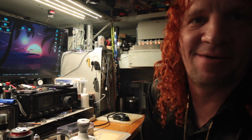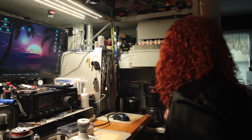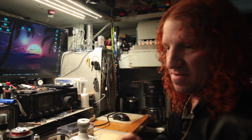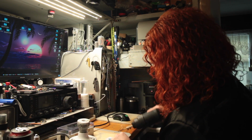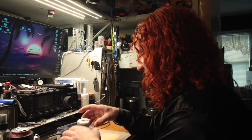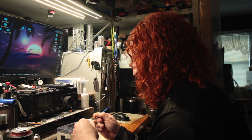Careful I don't drop that hot molten solder on my floor. I should get something to wipe that off with. Okay, so now we can clean that off and see what kind of mess I made, because now it's a combination of melted plastic,